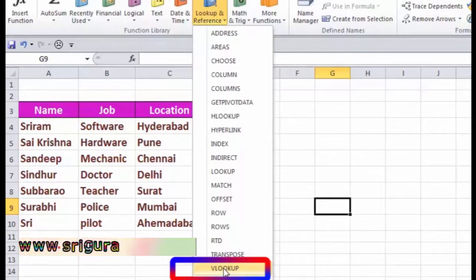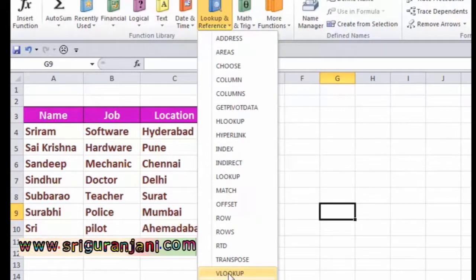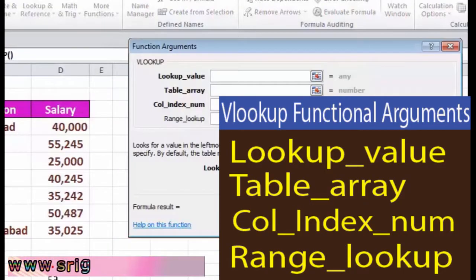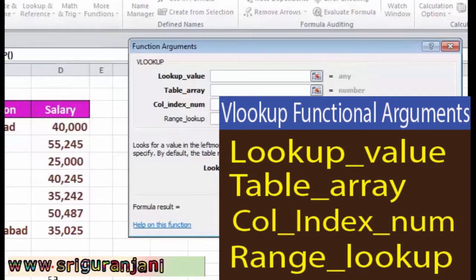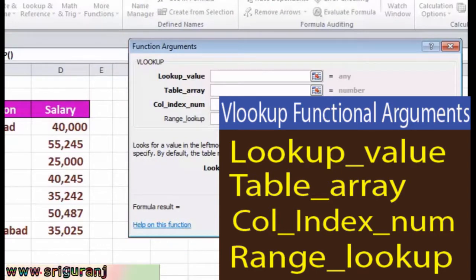Then the function arguments dialog box will display on screen. The VLOOKUP function has 4 arguments. The first one represents the lookup value, the second one represents the table array, the third one represents the column index number, and the fourth one represents the range lookup.